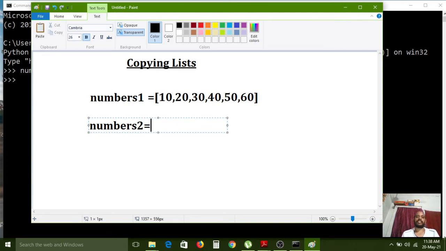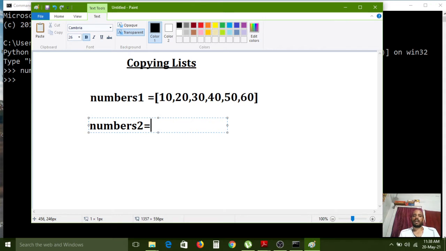So here the existing list is numbers1. This list contains 10, 20, 30, 40, 50, 60, six elements. I created the numbers2 list, but I don't want to add these values again using square brackets.